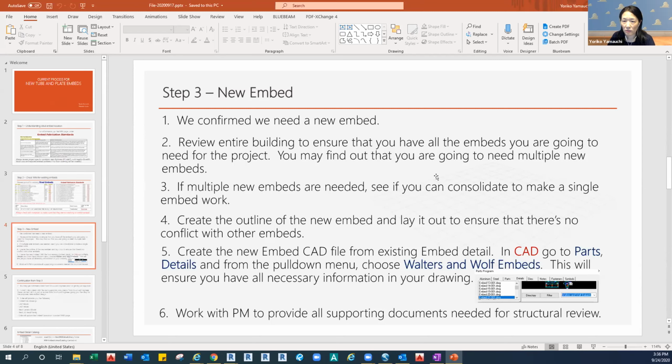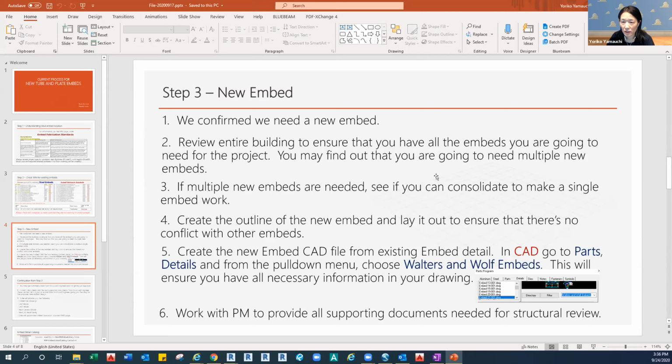We already have the existing CAD in the CAD standard library, so you can copy and modify it. Make sure you have all CAD files with the part numbers or details, and also all the necessary information like fasteners or any plugs.